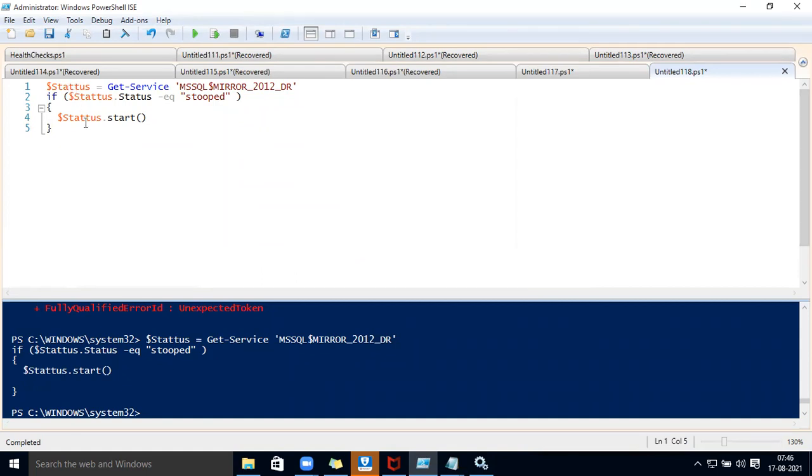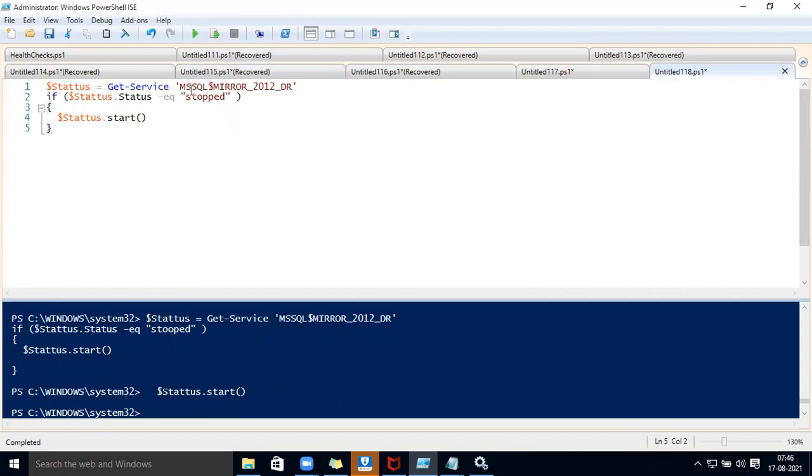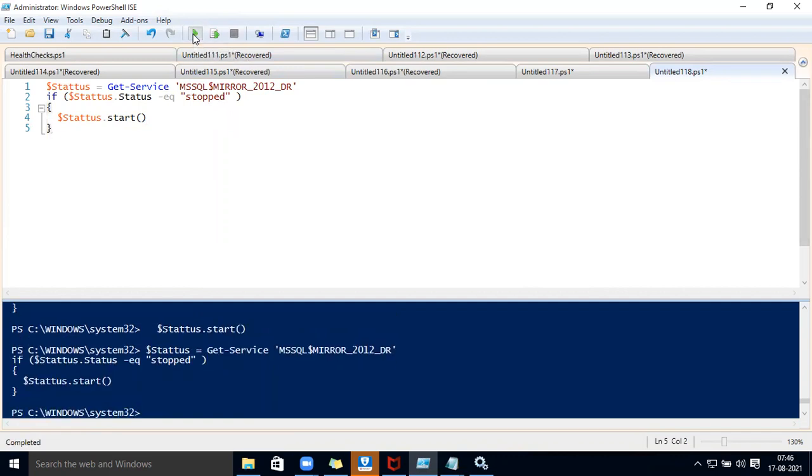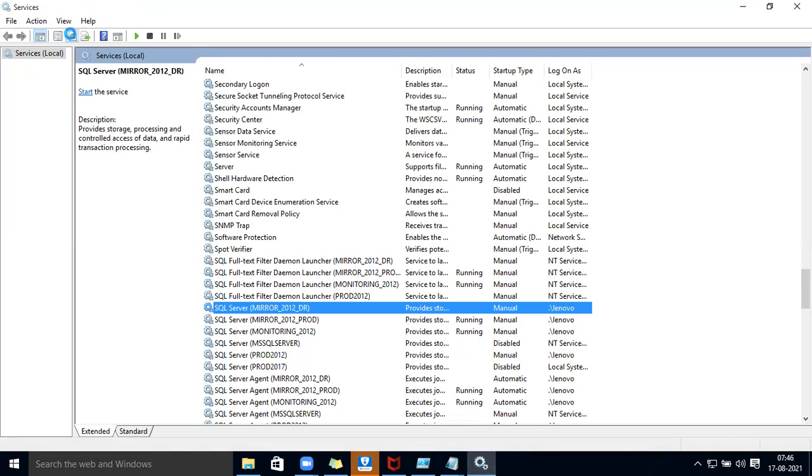In the condition, status STOPPED it should be. Oh, sorry. Yeah. Sorry. So if I'm running this, oh sorry, I ran this line. Sorry, I have to run this one. So either you select and then run. So you will see it started running, right?